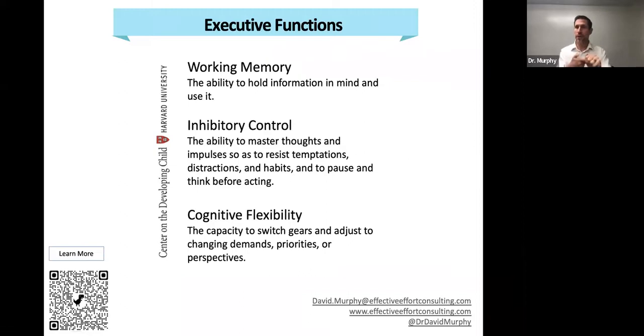It's not talked about enough. The other one is inhibitory control, which is really self-control, right? How do I manage my thoughts and impulses in a deliberate way, right? That's that red to blue area, right? And then cognitive flexibility. How do I evaluate and switch gears, transition? We see it as a rigidity sometimes, or a stubbornness,